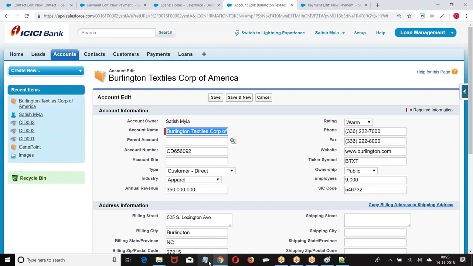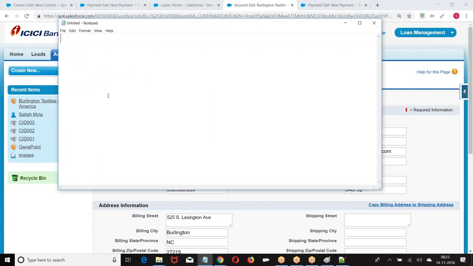So every object will have a home page, list view page, detail page, edit page, and related list.